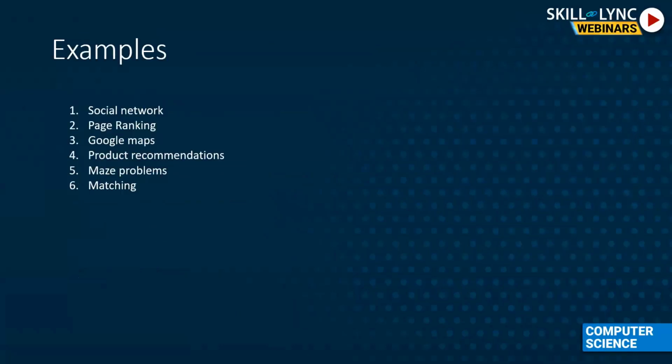Let me give you some examples. Let me try to motivate you for why you should study graphs. Graph algorithms are there everywhere. For example, they are there for social networks like Facebook. Facebook usually uses graph algorithms very, very deeply. For example, if you are recommending friends, if you are recommending new people to someone, that these are the people you may know, that is being done through graph algorithms.